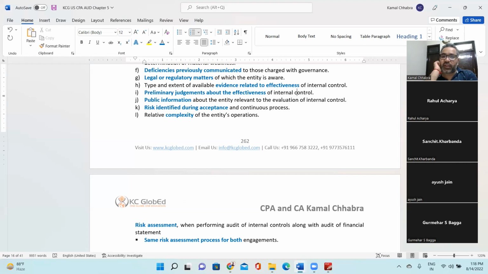Risk identified during the acceptance and continuance process. Do you remember acceptance and continuance process? Very first chapter. Yes, sir. Yeah. Yes, tell me. So we have to assess the risk, complexity of the account,